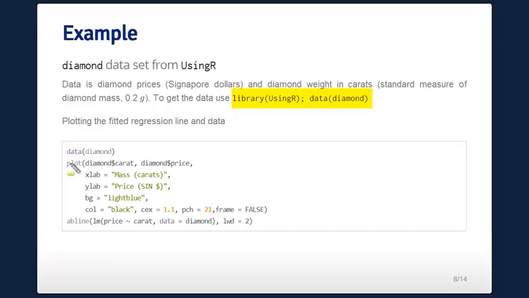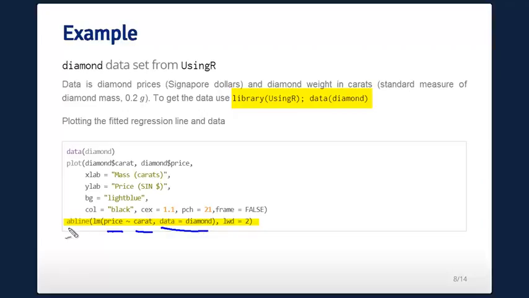So here we can create our plot. I think all of this we covered before, except this statement right here, right? So our lm, price is our outcome, carat is our predictor. We want to figure out how big is the rock, how much does it predict its price? So data equal diamond just says that diamond is the data set that we're grabbing the variables